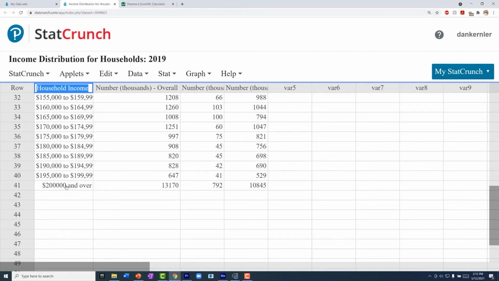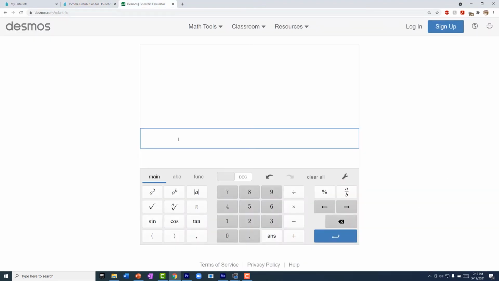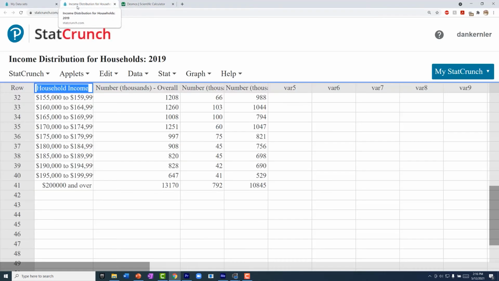Now, we did calculate the midpoint, 423,651, but we need a lower and upper. So what we're going to do is I just got a Desmos calculator here, 423,651 minus 200,000. Okay, so that's 223,651. That's the distance from 200,000 to the midpoint. So what we want to do is take 200,000 plus double that. That'll get us 647,302. So we're going to say 200,000 to